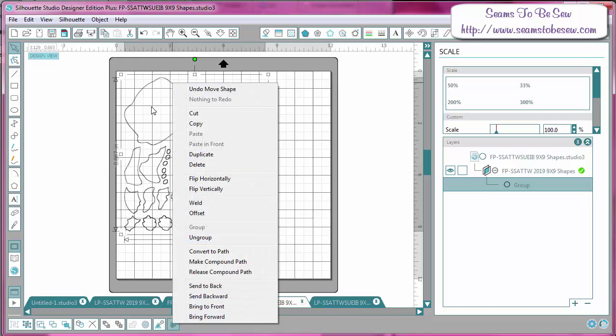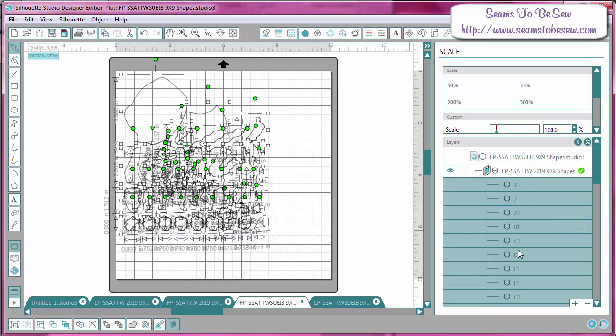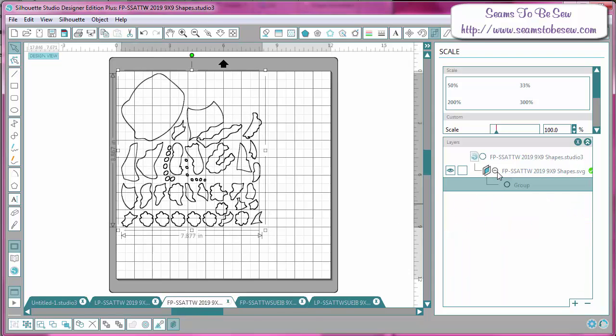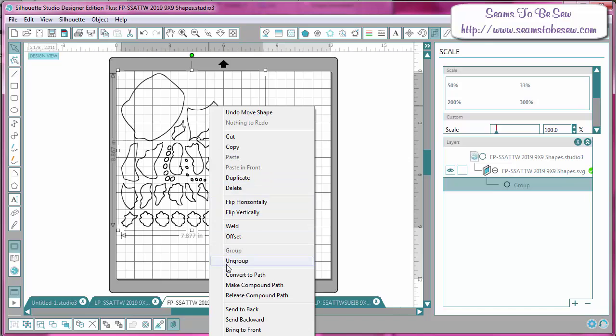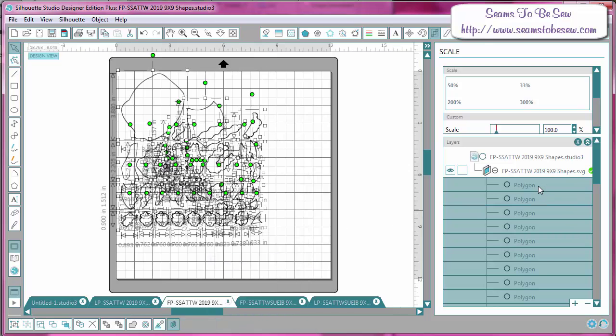So you right click on your selection and you can go to the ungroup in the menu, and it will show you the shapes as I named them in Make the Cut. If this is Sure Cuts A Lot, it didn't save them. Instead, it renames them all to Polygon or some odd name. So this is another reason why I have stopped using Sure Cuts A Lot at the moment,